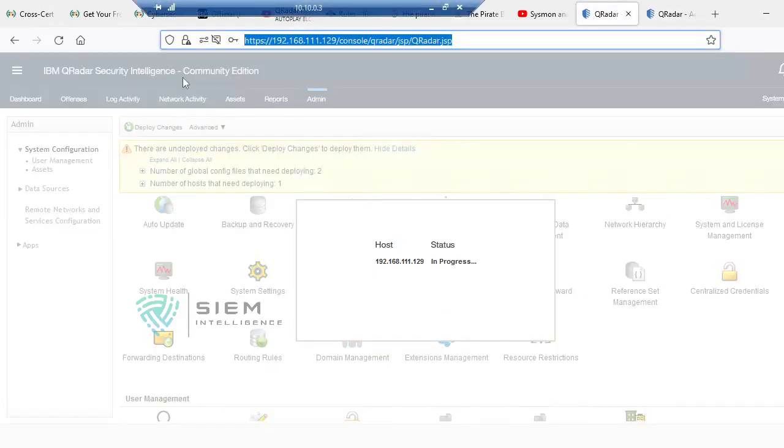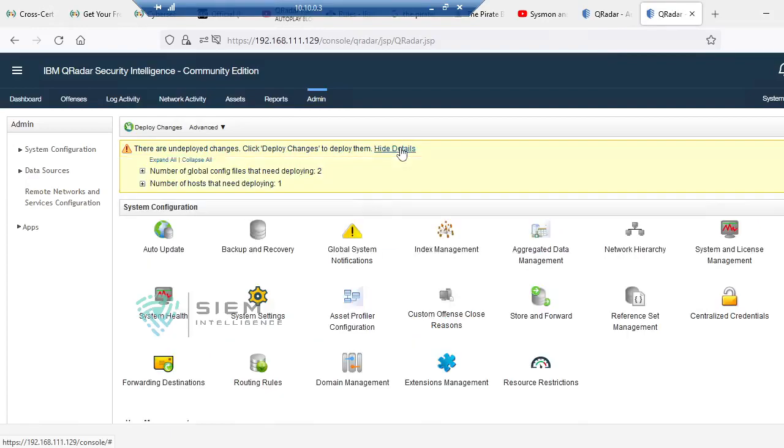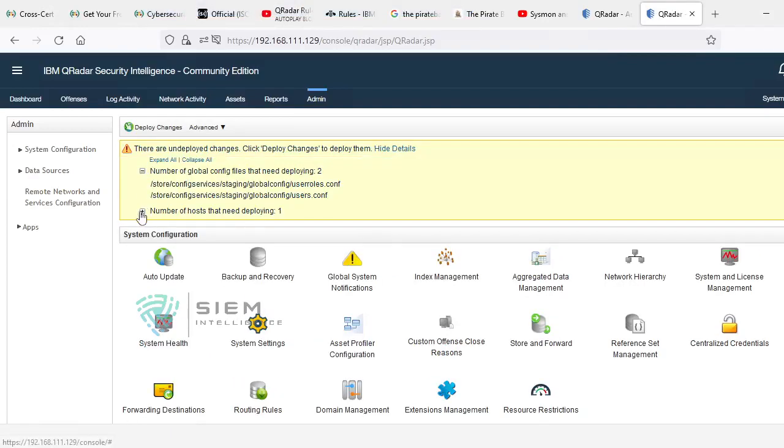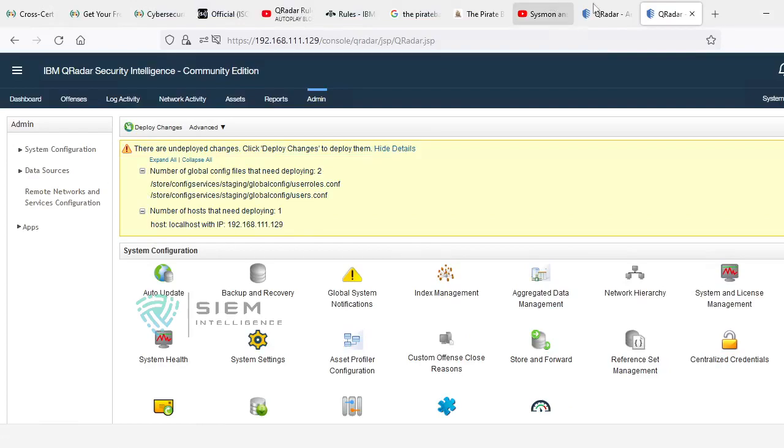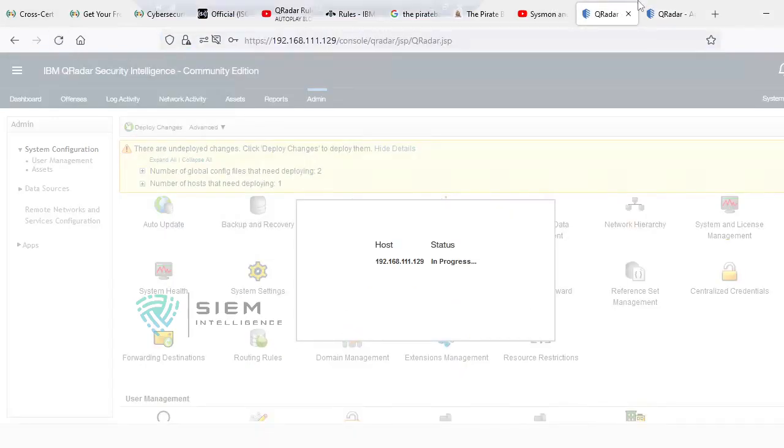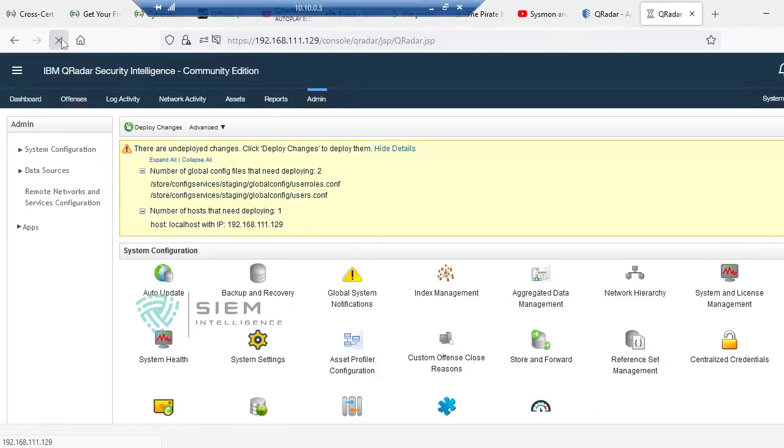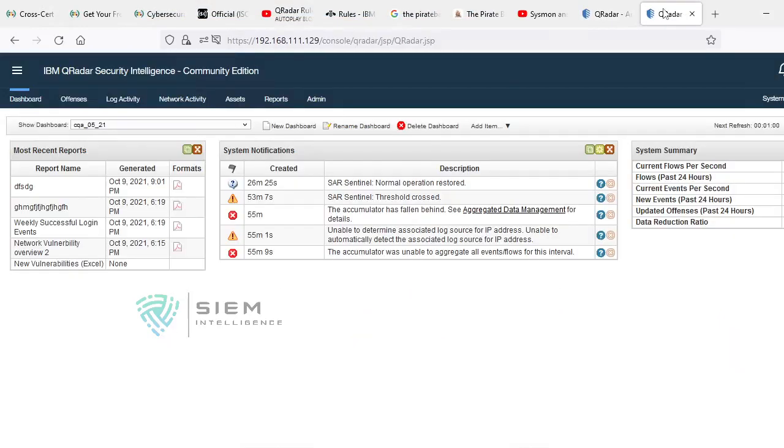And never ever refresh when it is in progress. The first and foremost rule is never ever disturb whatever the activity is. If you do, it may time out and won't take effect. You may need to restart if you disturb all this. That's the reason I am opening another tab and viewing from there. If you want to refresh, do it in another tab, not in the same tab.